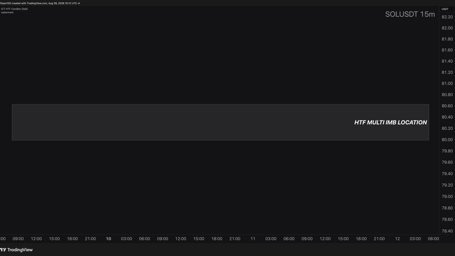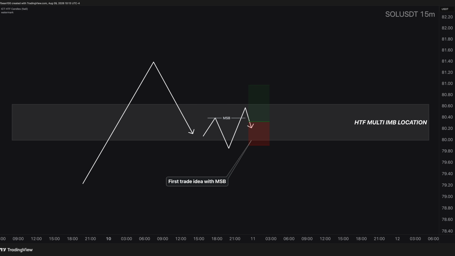Recently, we started to see some nice price action in the cryptocurrencies, and I thought it is a great time to refresh our memory to find better and safer trading setups. As you know, our trading journey mostly starts with the multi-imbalance locations from higher time frames. Our classic way of trading is actually quite simple. Wait for a pullback, then go to the lower time frames and wait for a structure break to place a